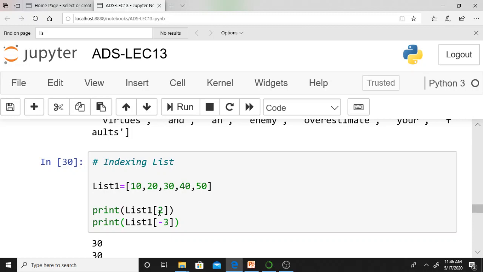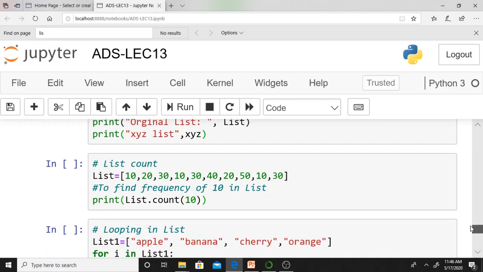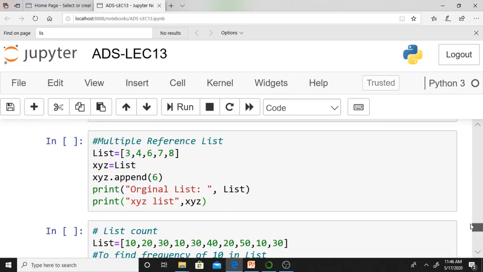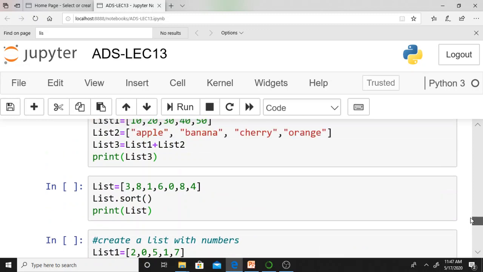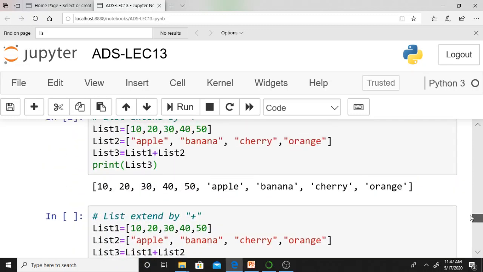Even list of 2 is also 30. 0 index is 10, 1 index is 20, 2 index is 30. If I take the index from the right side, minus 1, minus 2, minus 3, it is displaying 30 in both cases. It is not a difficult thing. It's a simple thing. Anybody can understand it.